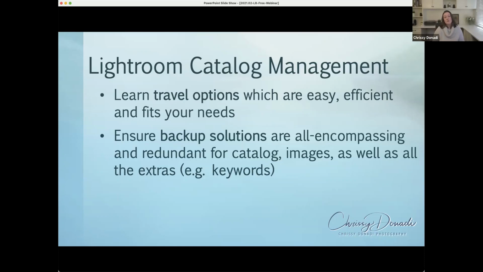The same thing goes for when we go back to checking the automatically write XMPs. What is in the XMP files? What is not in the XMP files? Are your keywords contained? All of this you need to look at and lay out to make sure that if anything, God forbid, happens, you can get all of your images back, your catalog back, and in 20 minutes be up and running again. So that is some high level on catalog management and best practices